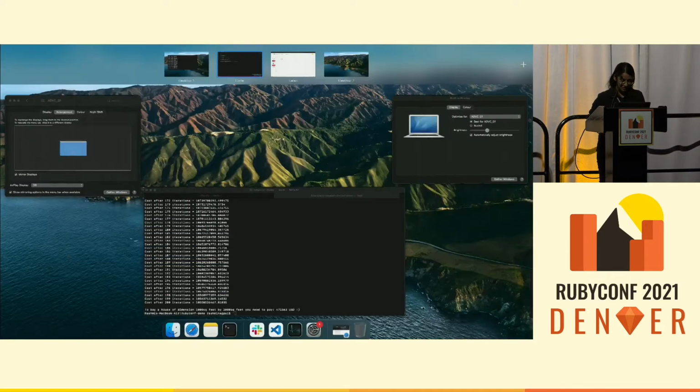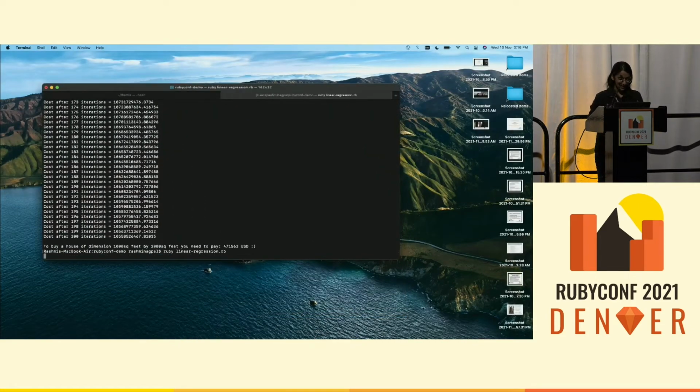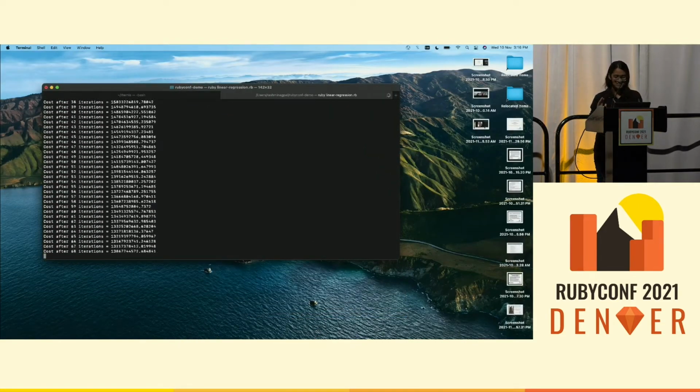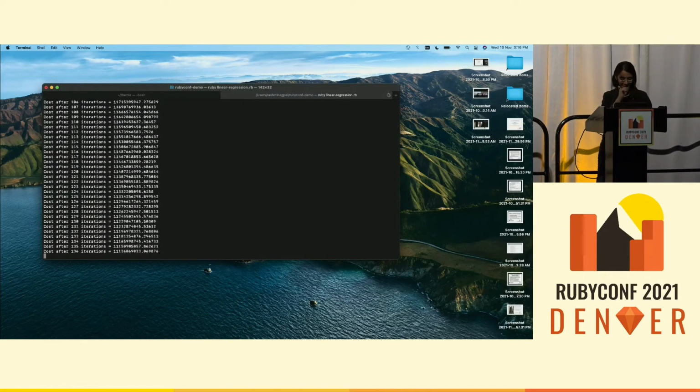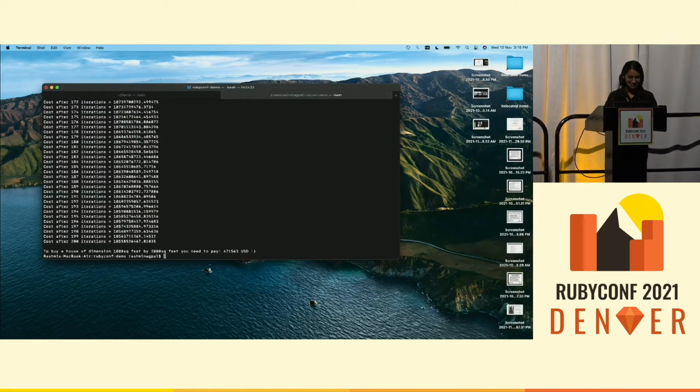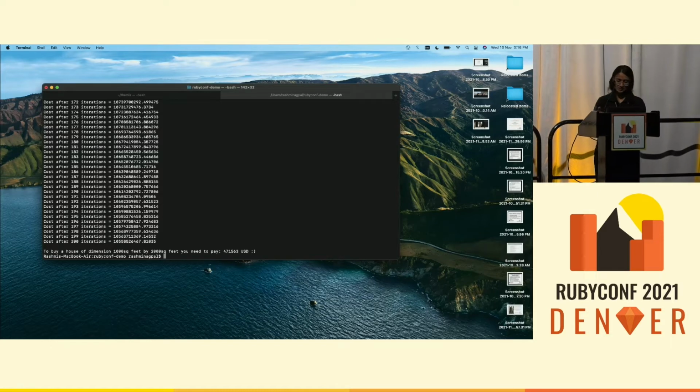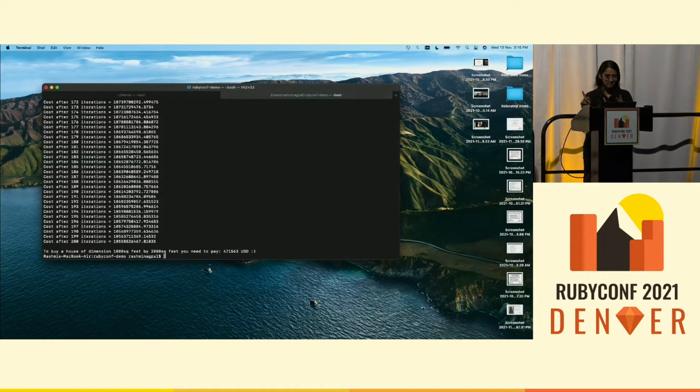Once you have trained the model, I'm just running it. Okay, this is the price of the expected house for 1,000 by 2,000.